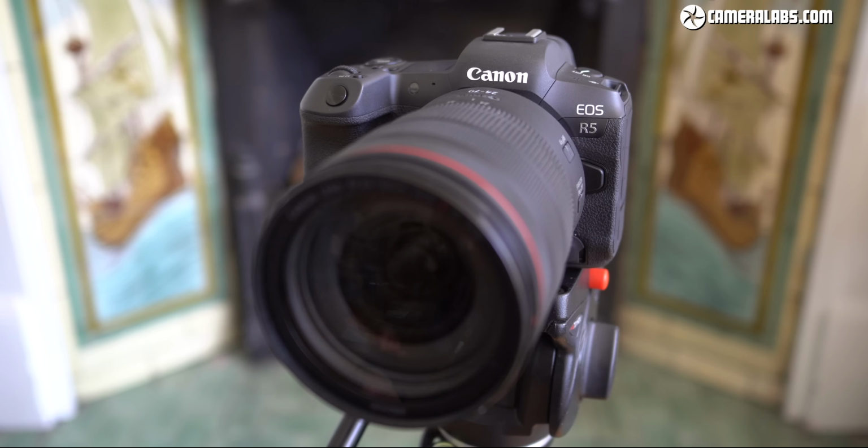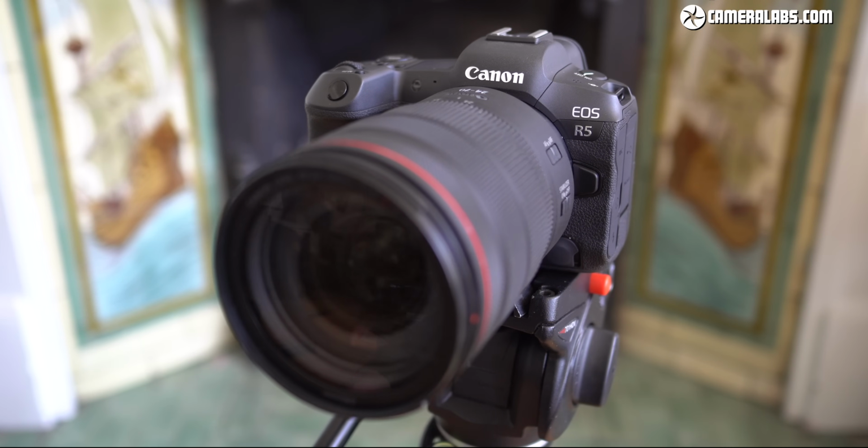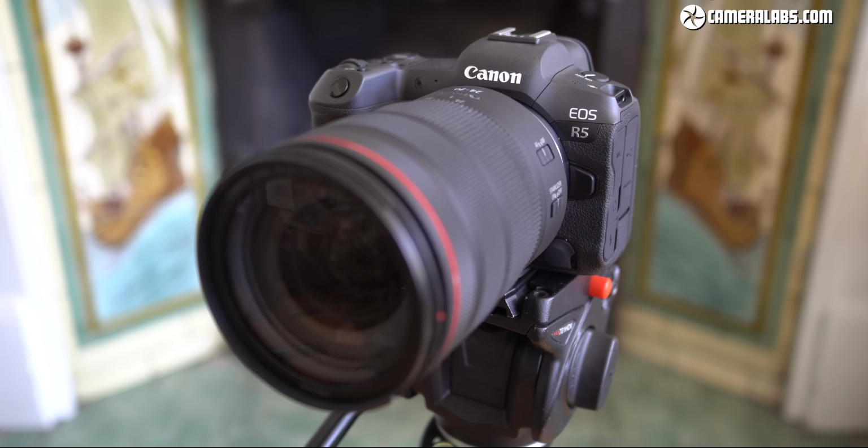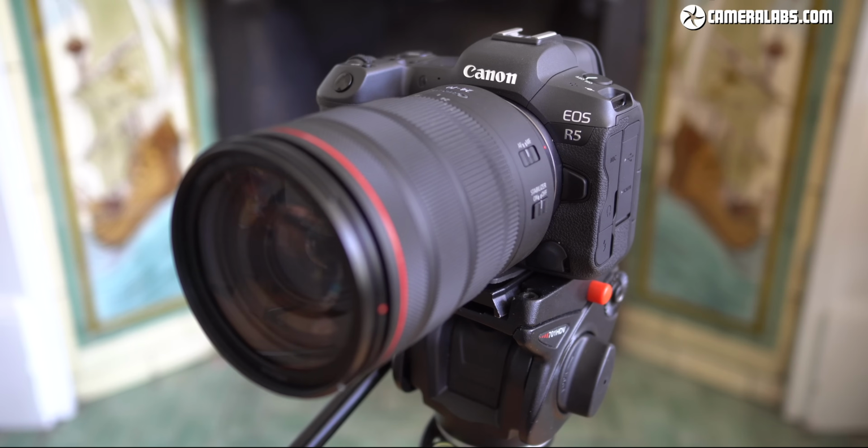Hi, I'm Gordon from Camera Labs, and this is my review of the Canon EOS R5 from a video perspective, having used the camera now for over a year and across multiple firmware updates. Canon packed so much into this camera that even a year after launch it remains one of the most powerful and feature-packed bodies around for video, not to mention one of the very few to offer both 8K and 4K